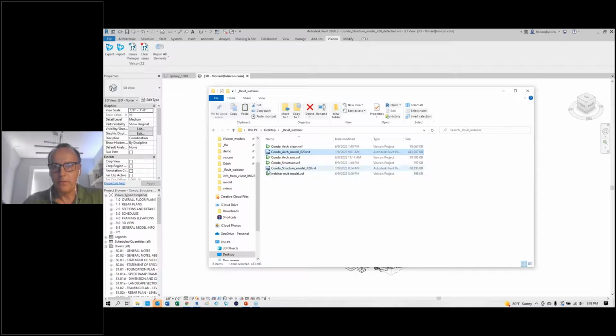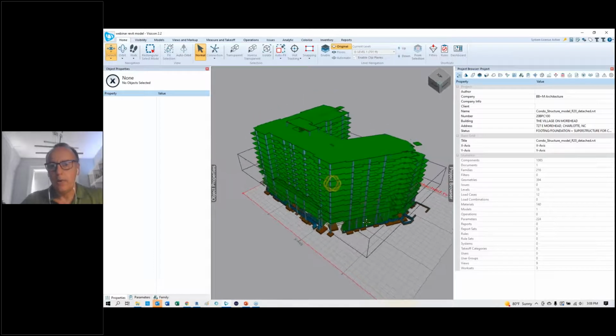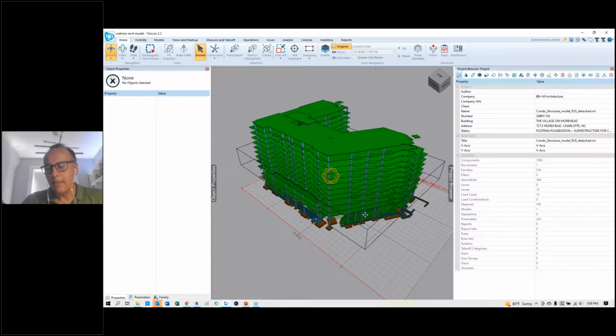Let's now go to the actual model itself. We're going to reopen this where it said Webinar Revit model. And then what I'm going to show you on this one and the architectural model is how to do a quick cleanup so that the end user gets the model in exactly the view that they want to see. The way you work with Visicon, just using the free viewer at this point,